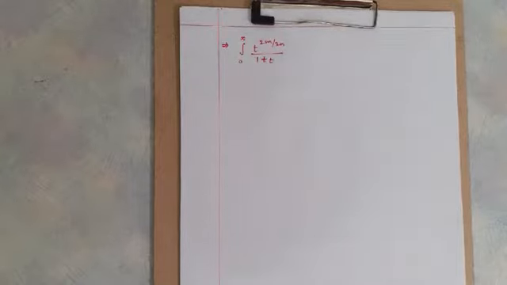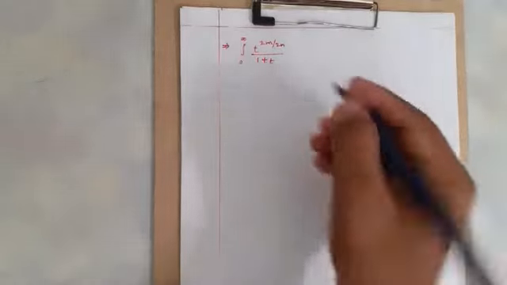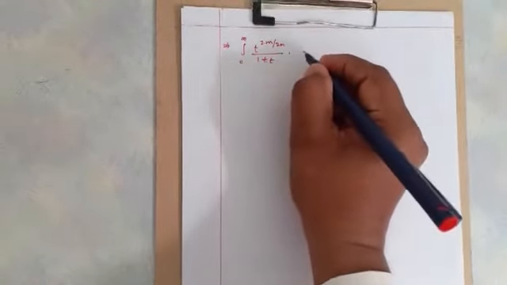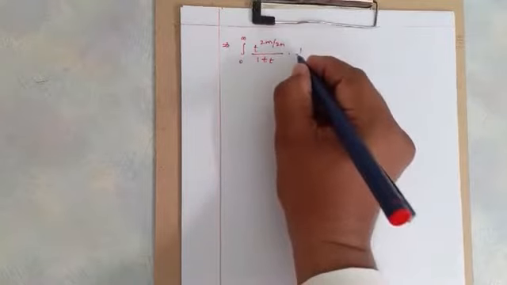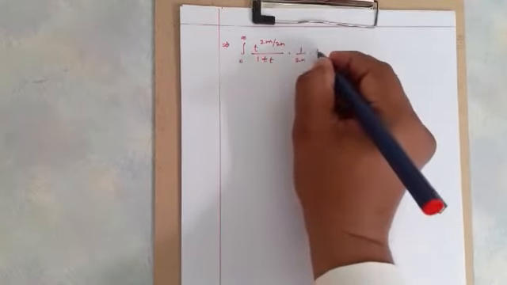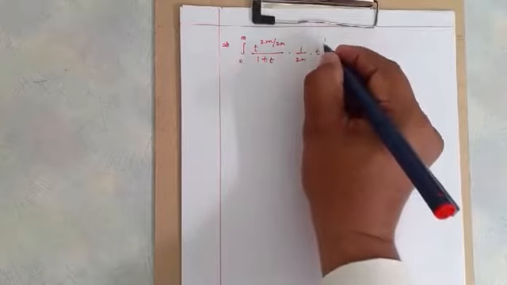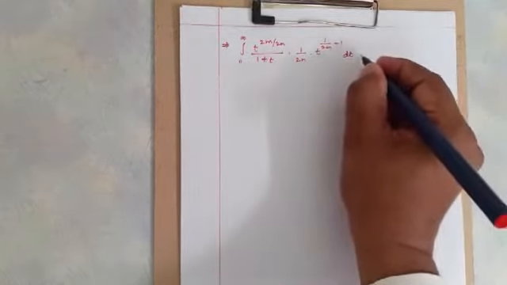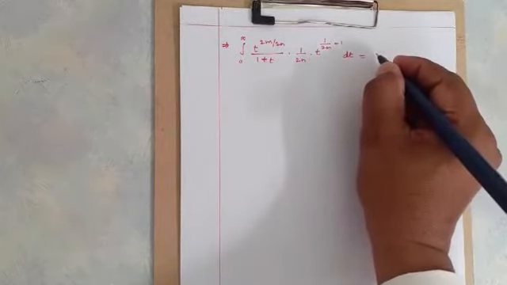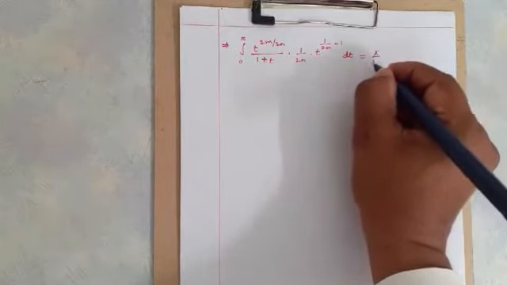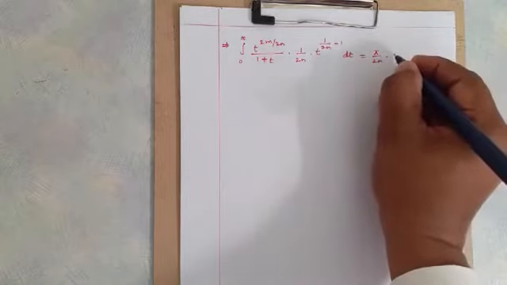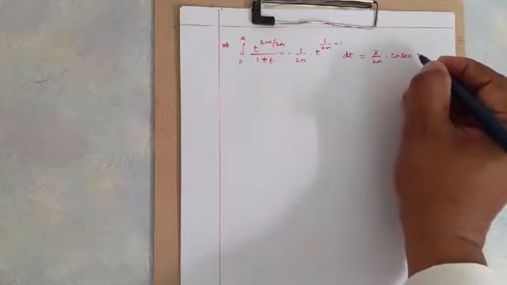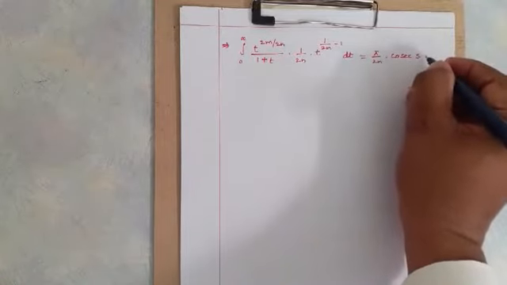Is it audible now? So now, after substitution, in the place of dx we have to write 1 upon 2n into t power 1 by 2n minus 1 into dt. This is equal to, on the other side, pi by 2n into, in the place of cosec 2m plus 1 by 2n, we have taken s, into pi.